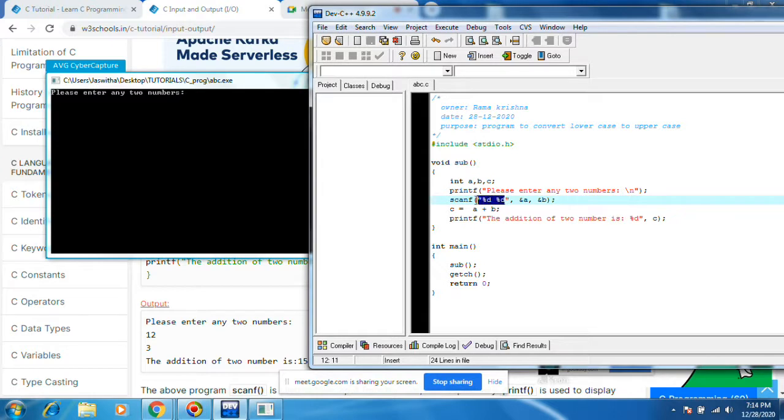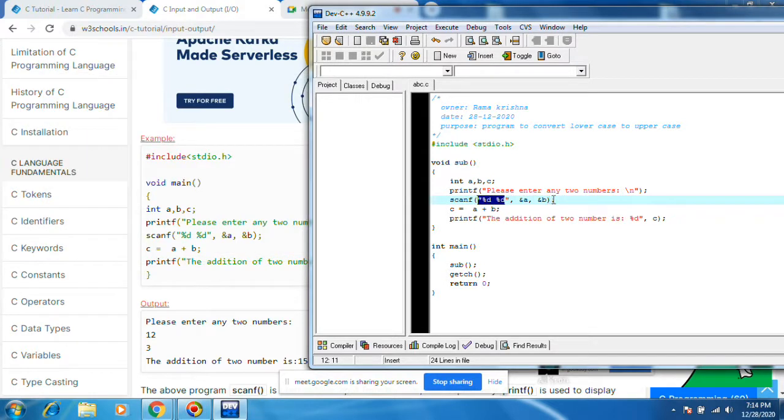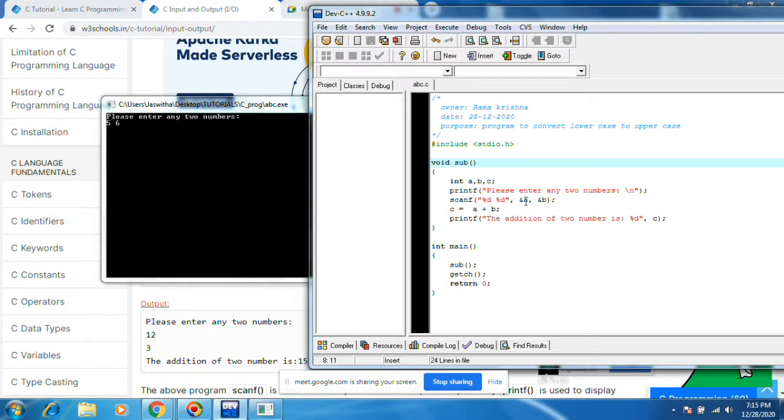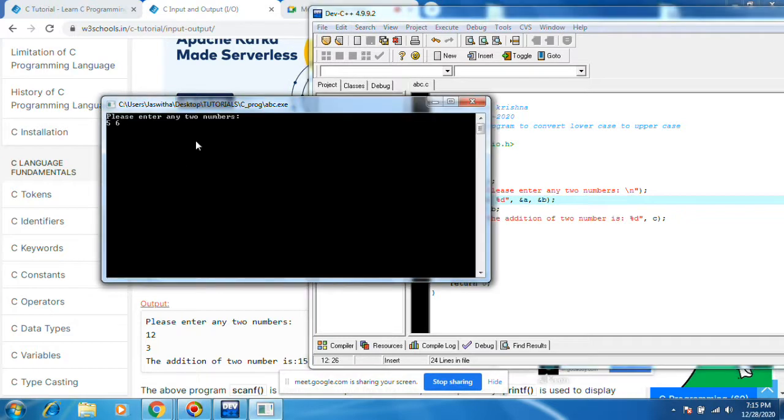These two things will store into the a and b variables. Okay, please enter two numbers. 5 space 6. It will store 5 into a and 6 into b, and then enter.